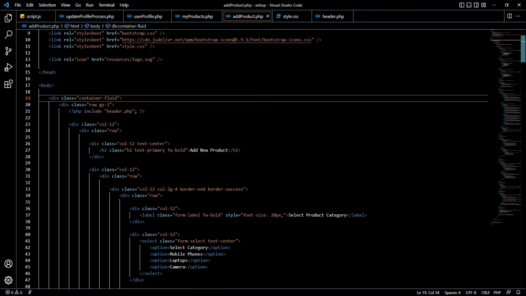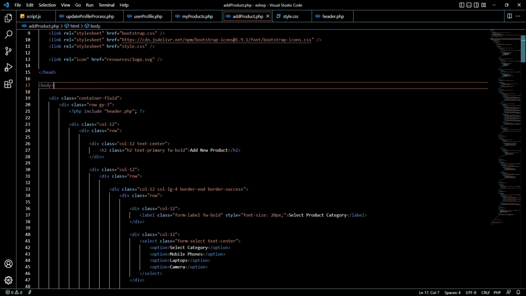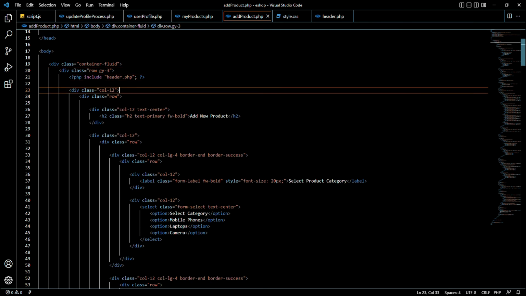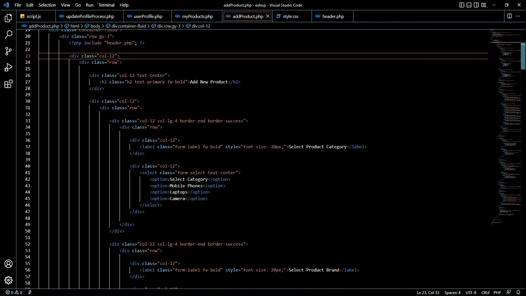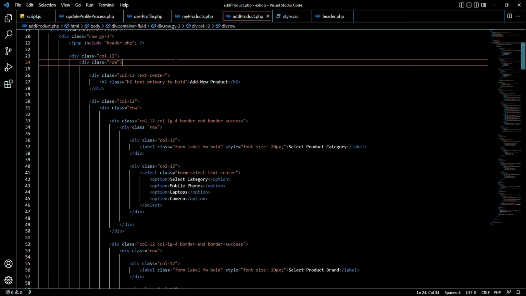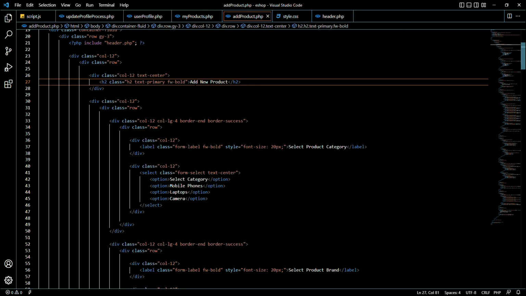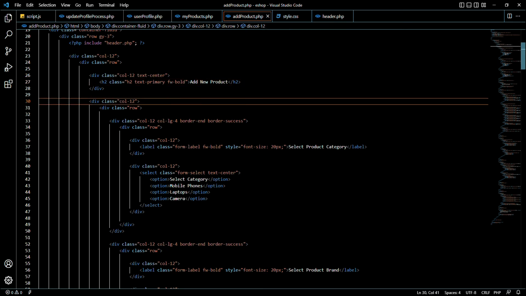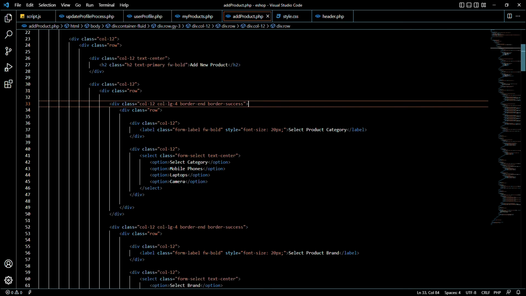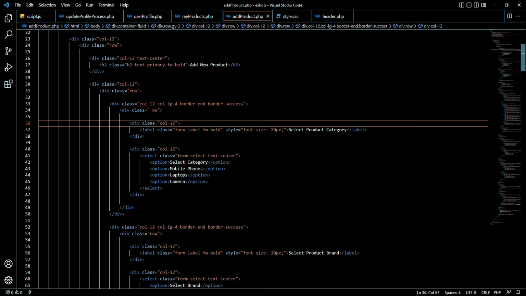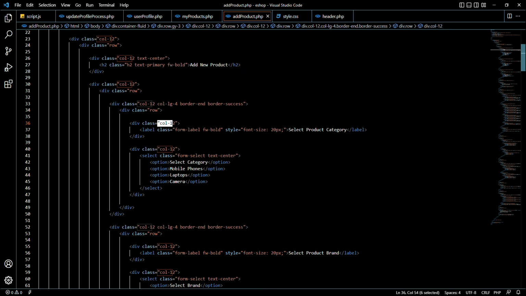And then we have gone into the main body, and then we created a row, and then added our header, and then after that we go into the body part of our page, and we created more divs, and we have created a heading saying add new product, and then we have added a border at the end of that line, and then another div for column size 12,